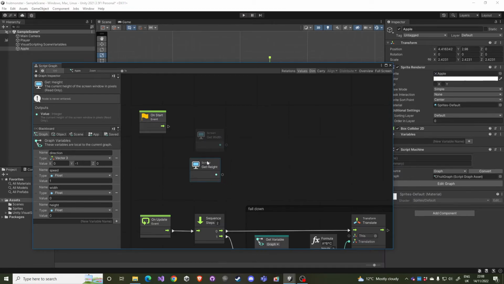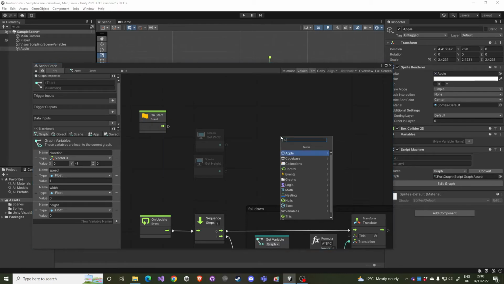Now, if you were carefully observing so far, you will know that probably what we get here is still the screen coordinates, not the world coordinates. This is the width and the height of the screen, so it's quite natural that it is counted in screen, not world coordinates. So we need one more node,